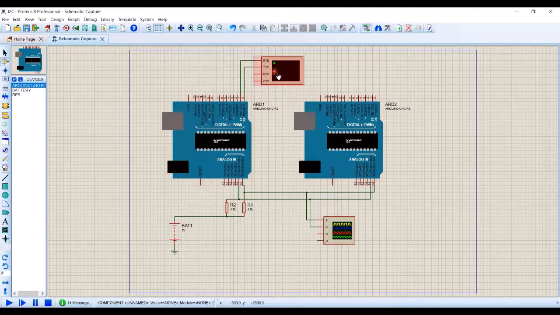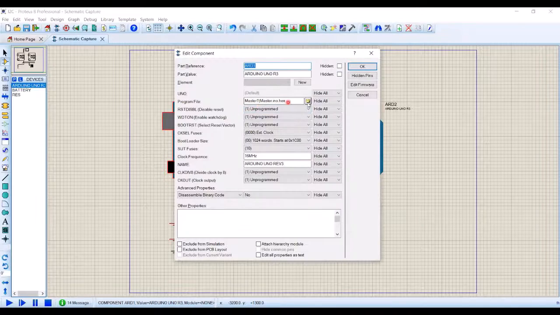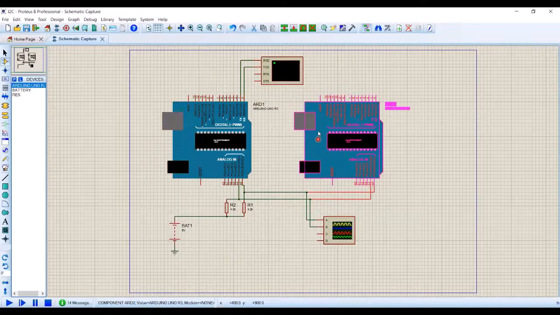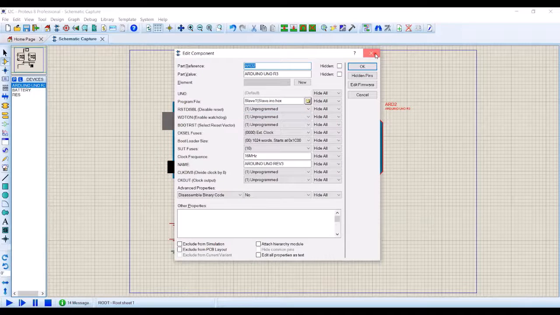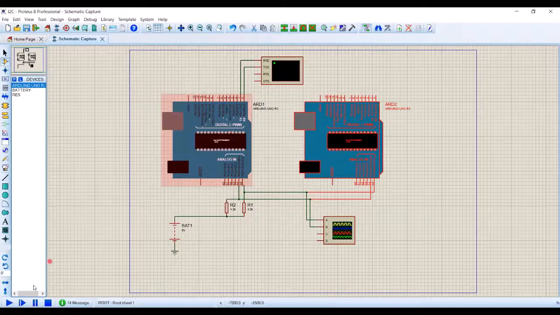And this is a virtual port, which acts like my computer, like the Arduino IDE, where I can send my serial commands. And this is pin number 13, which is connected to the LED. And I'm using an oscilloscope for demonstration purposes to show you how these signals work. And I have imported this master code to this one and the hex code to this one, which is compiled using Arduino IDE. And when I run this,